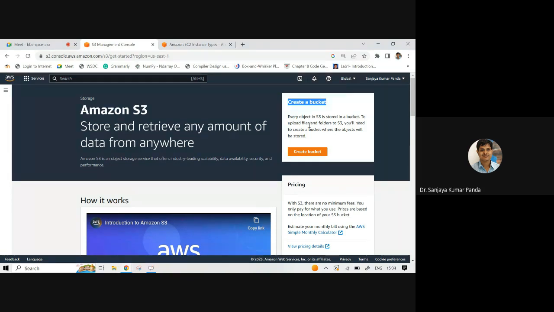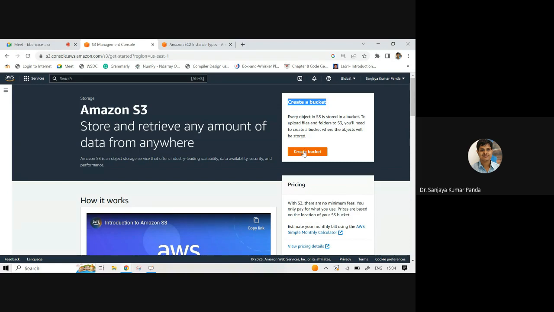And to upload files, you can upload not only a particular file, but if you want a particular folder to be uploaded to S3, you can do that also. To upload files and folders to S3, you will need to create a bucket where the objects will be stored.